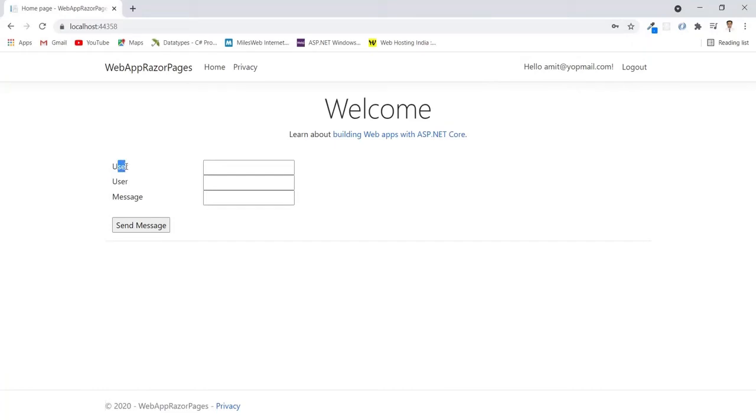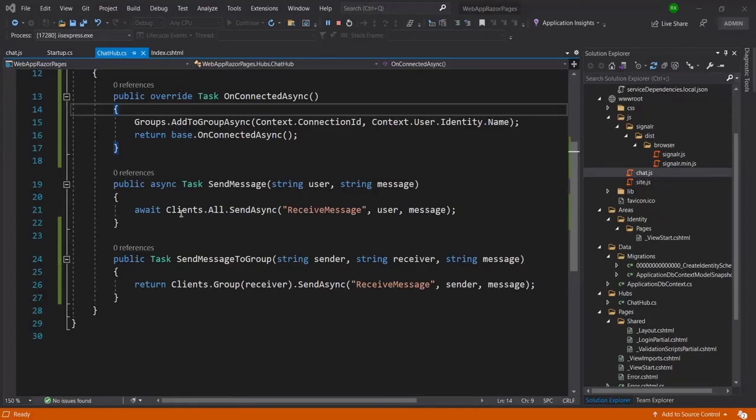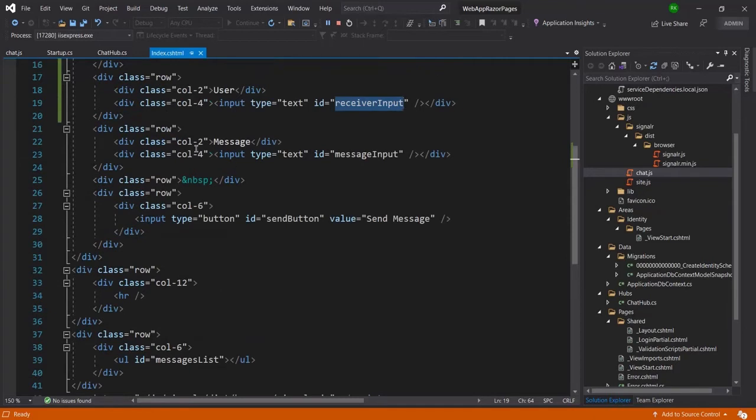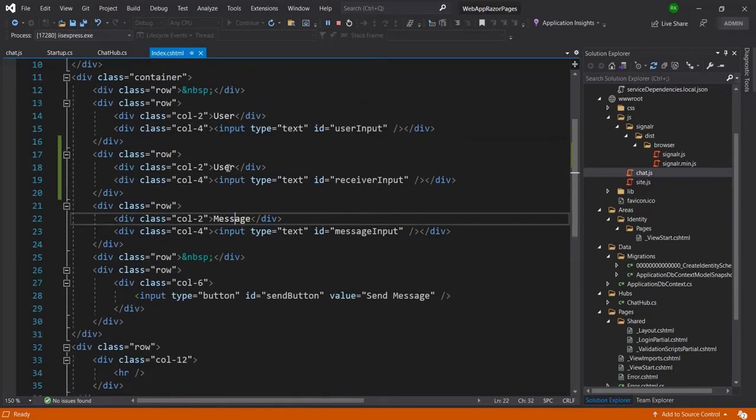So as you can see, this is basically the sender, this is the receiver, but I need to change it. I have forgotten to change that actually, so let me put here, okay, this one is the receiver. Let me change it to sender.